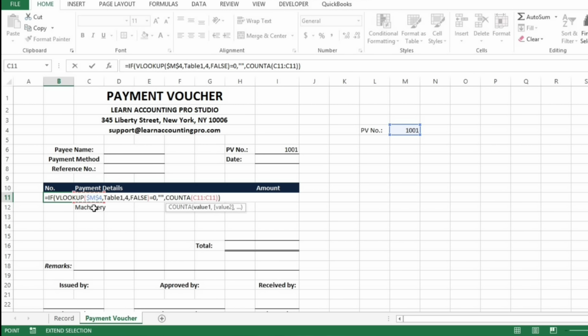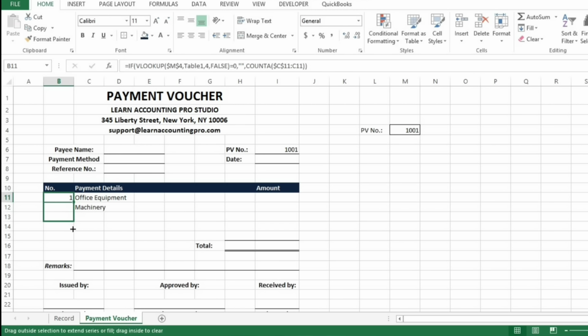In the first C11 part hit the F4 key for dollar signs and hit enter. Now drag the formula down